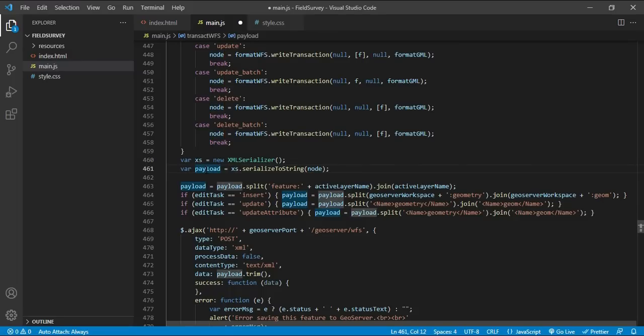Now what happens is, in my database the name of the geometry column is not geometry, but it is geo. So in this entire request, I have to replace this geometry column name from geometry to geo. So this is the code for that. So if the request is insert, update or update attributes, there are various locations where I have to change the geometry column name. So for that I have written a code here, you can see,